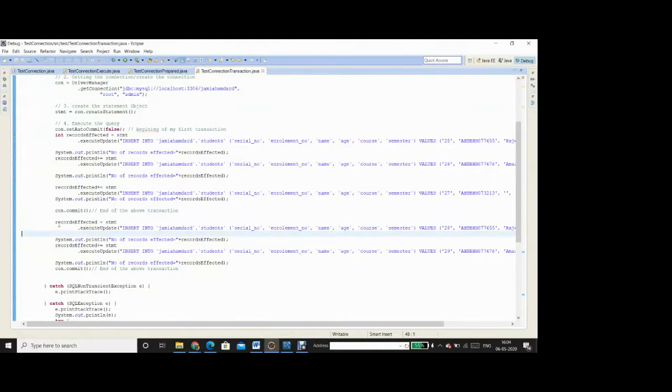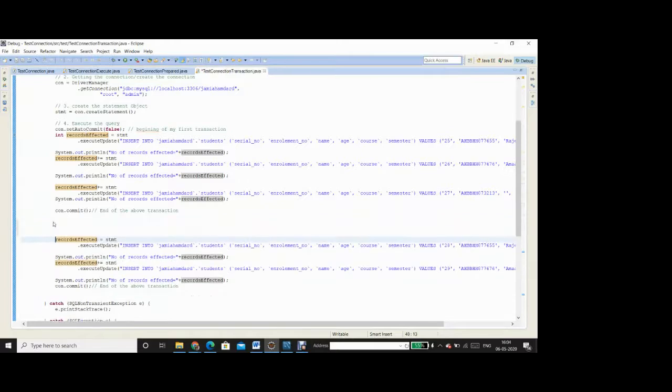And in the second transaction that starts from here, I do not need to say con.setAutoCommit(false) again over here, because it's already false, right? Assume that there were any more statements which you do not want to be part of any transaction. There are so many statements in between that you do not want to be part of any transaction section.